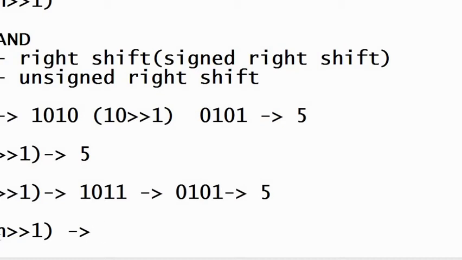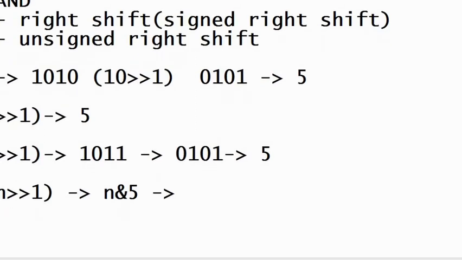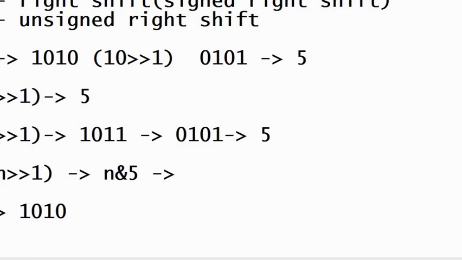So let us take the number 10. 10 right shifted by 1, we already have the value 5. So the n value is 10, and n is ANDed with 5. The binary representation of 10 is 1010, and the binary representation of 5 is 0101.